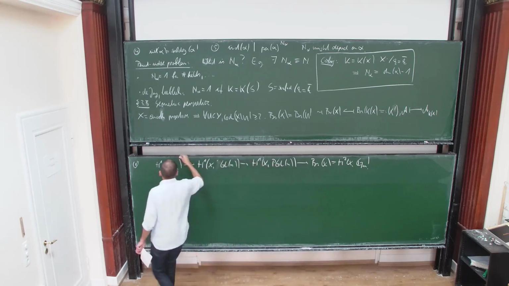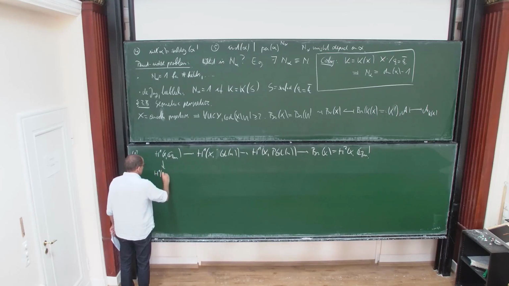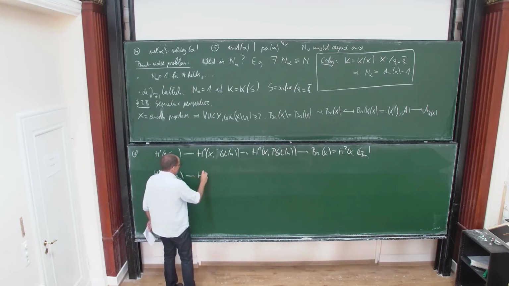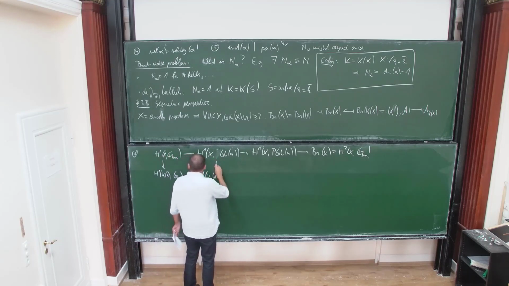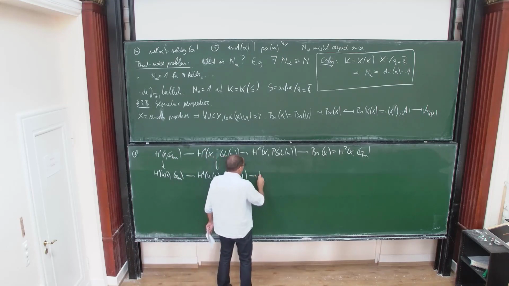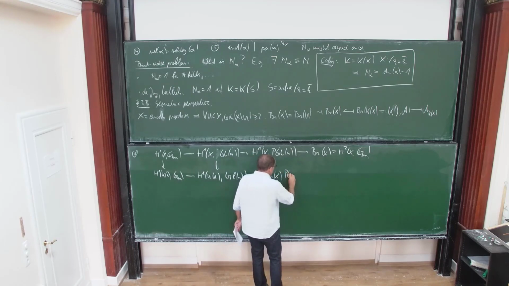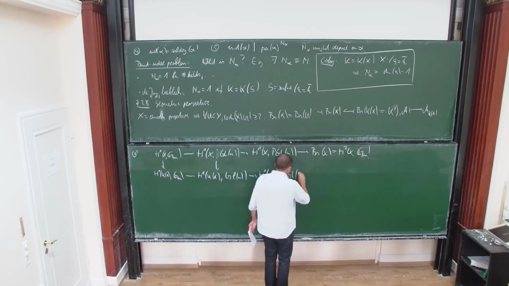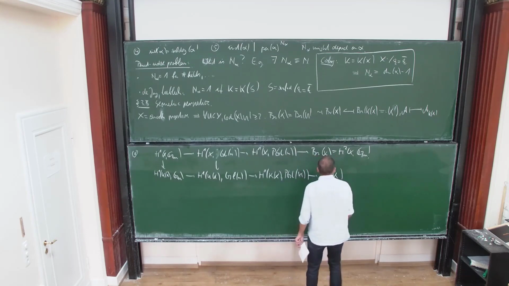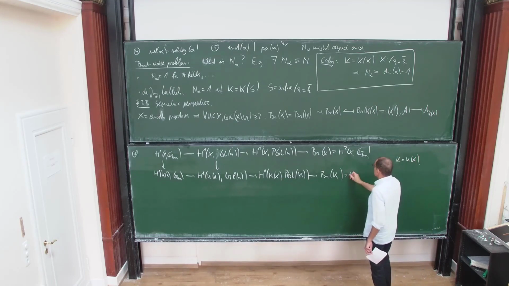You can, of course, write down the same thing for the function field. And you have the restriction maps, actually. Okay, it's again the function field here, and this is H^2 of K,